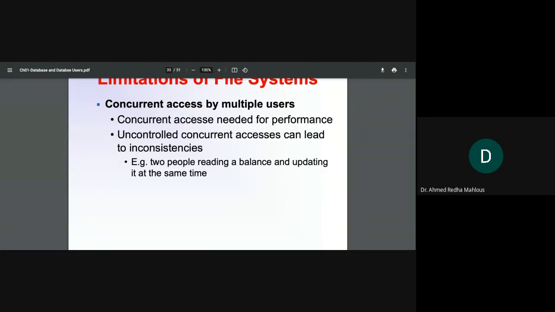We can do hotel reservation or flight reservation without having any problem, because automatically the data is updated and there is no inconsistency. However, for the file system, because there is no control of concurrent access within the file system, this can lead to inconsistencies of the data. We might have, if we are using the file system in